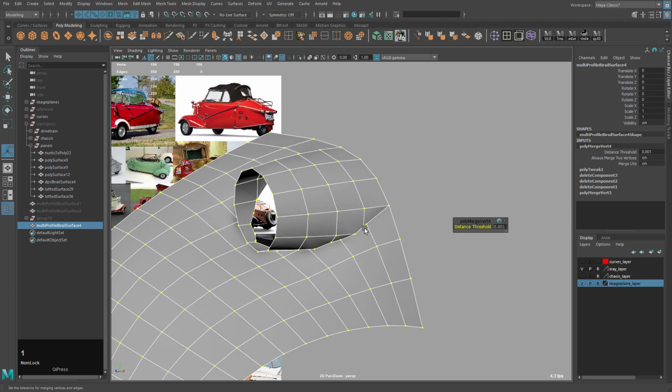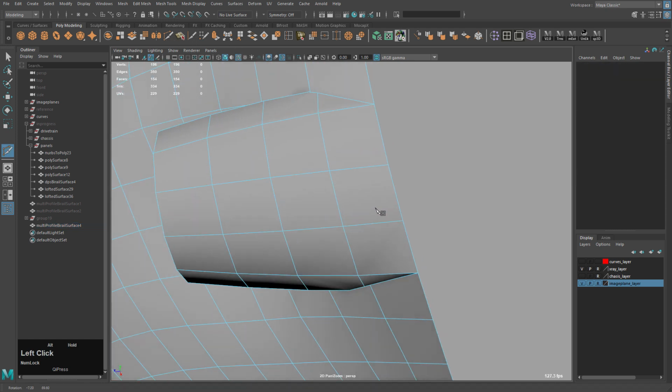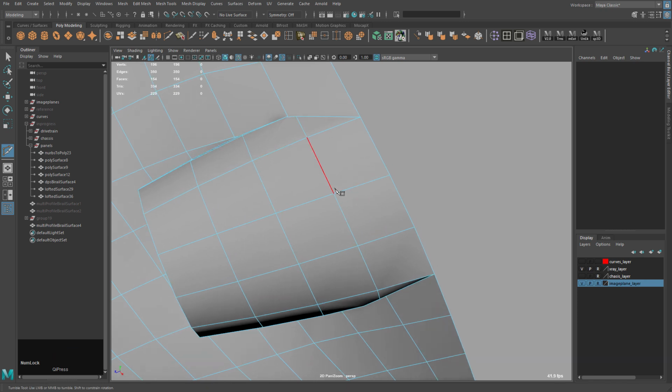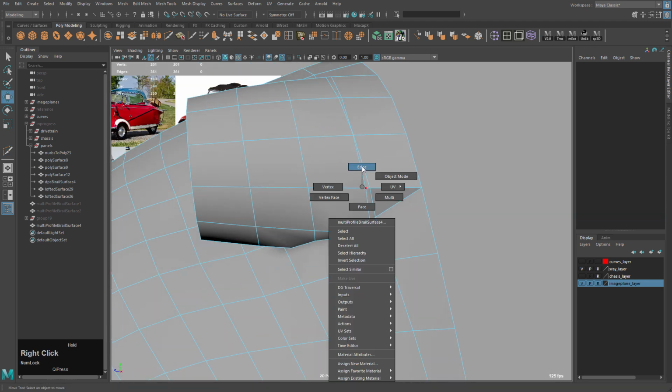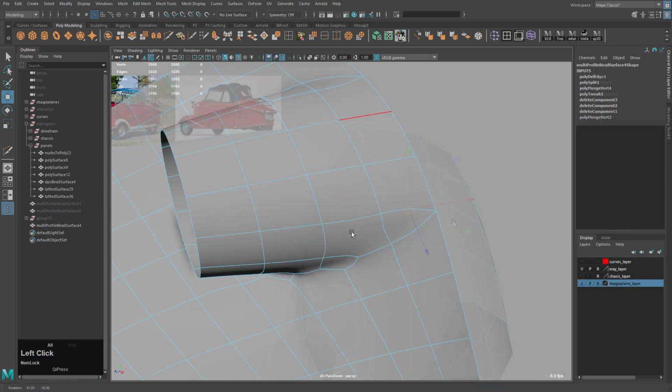We need to clean this up, not a big deal. The way I'm going to do this is nothing fancy. I'm literally just going to cut across. So I'm going to line this up until this line looks straight, and then go from here to there. That's an easy way to do it. Like that.